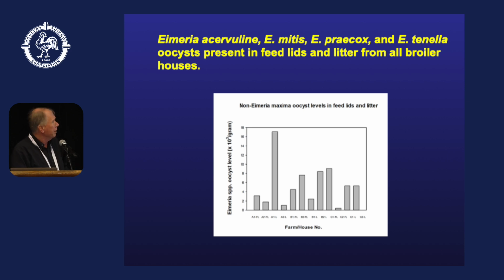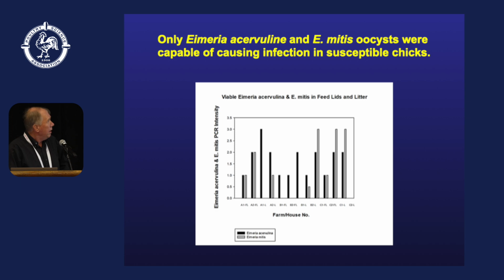We also found Eimeria cervulina, mitis, praecox, and tenella present in the feed and the feed lids. However, what we did find was that only Eimeria cervulina and Eimeria mitis oocysts that were isolated were actually capable of causing infection in susceptible chickens. And those of you who have worked on cocci for a long time will know why it was only